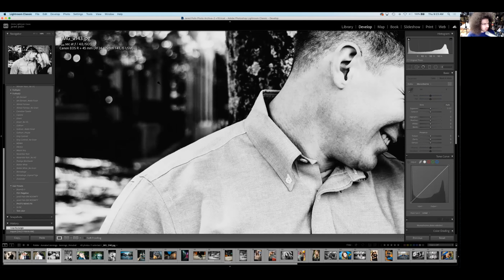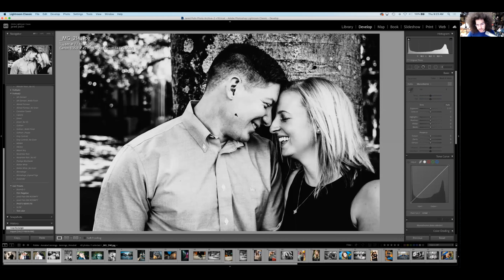1/160 at f4 with the EOS R. It's fine. Yeah, I like the moment captured. Really nice job there. Composition is fine. As I tell everybody, don't forget, though, that it's all about, when I'm telling photo stories, I'm looking for four